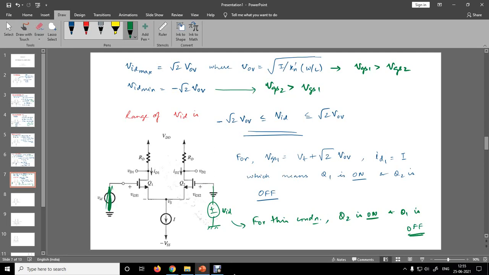We'll stop now. In the next class we'll look at small signal operation. From there on we'll carry on with CMRR, common mode rejection ratio. Then we'll see what effect R0 has on your CMRR, what effect your RD has on CMRR, what effect gm has on CMRR. We'll further explore the small signal model of a differential amplifier in the next class, on Monday.